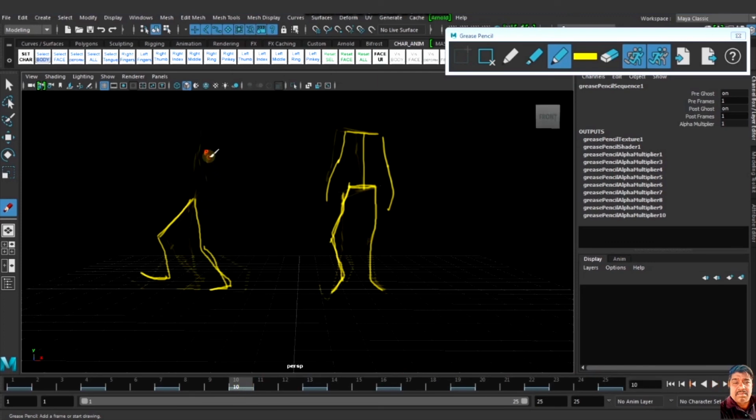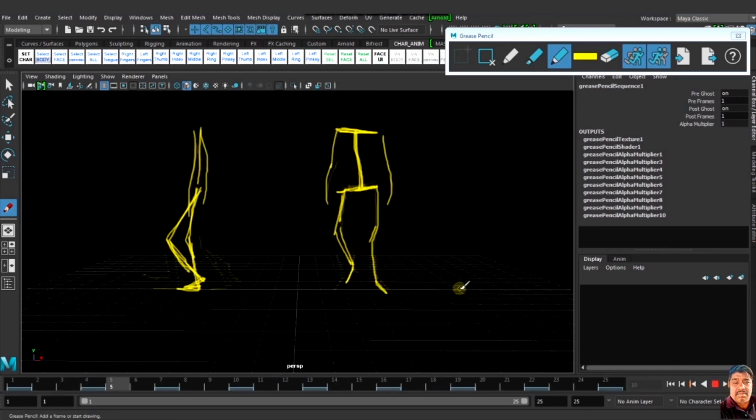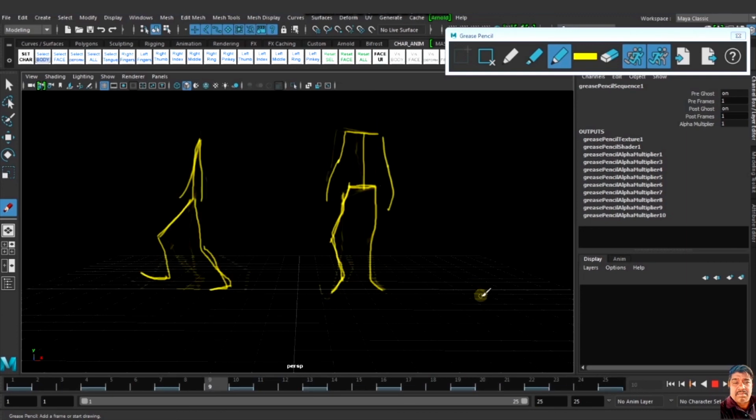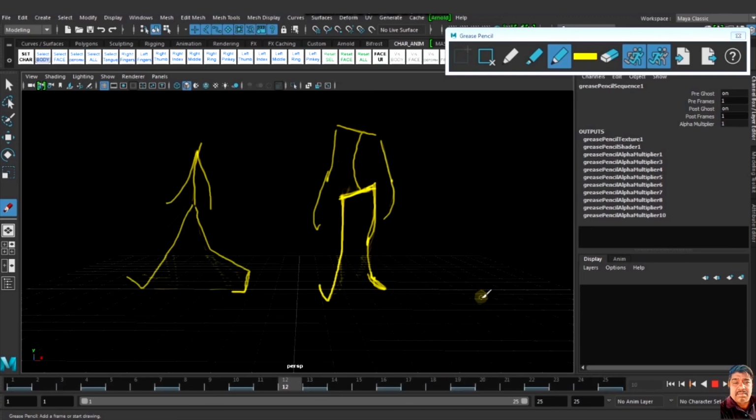It is the up pose. So now the thing is like this. So you can understand the walking.